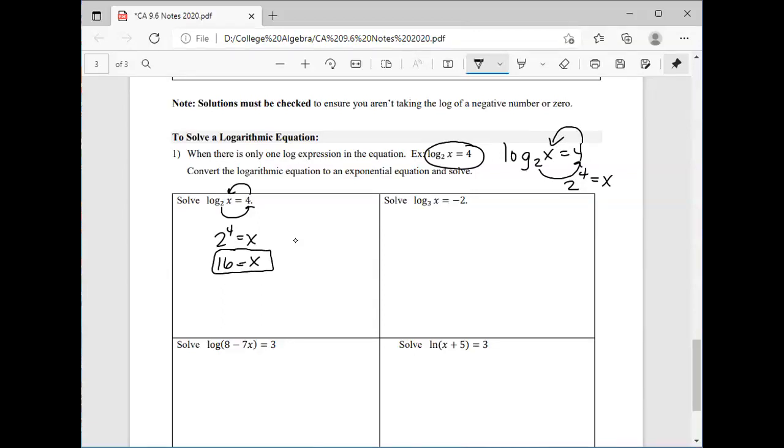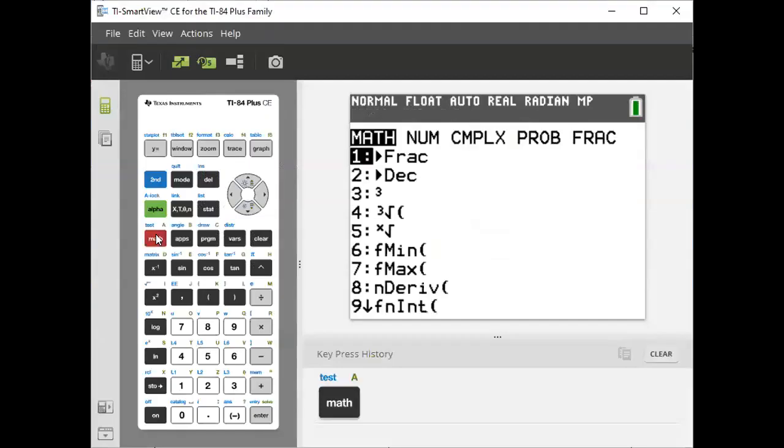You could absolutely check it using your log function in your calculator. How do you get to the log where you can type in that the base is 2? Do y'all remember? Go to math, and then you scroll down to log base, and you can plug it in and check it from there. I am actually going to do that real quick, just to remind you guys where that log base thing is. So if we go to math,